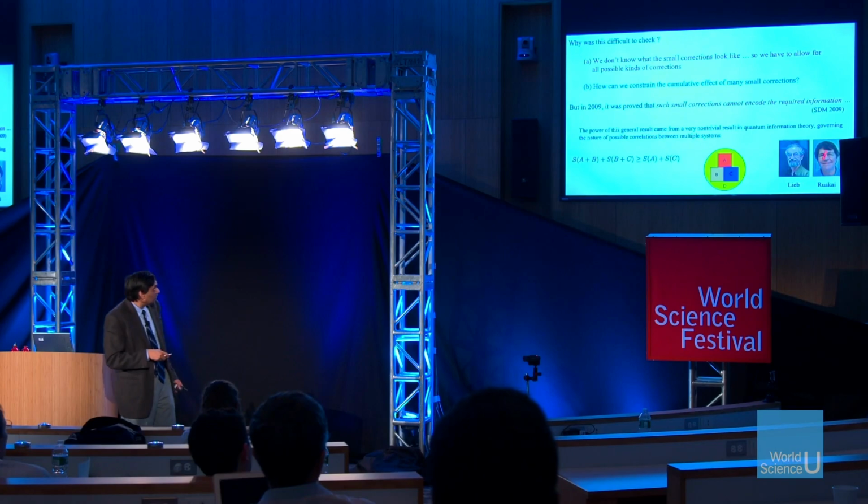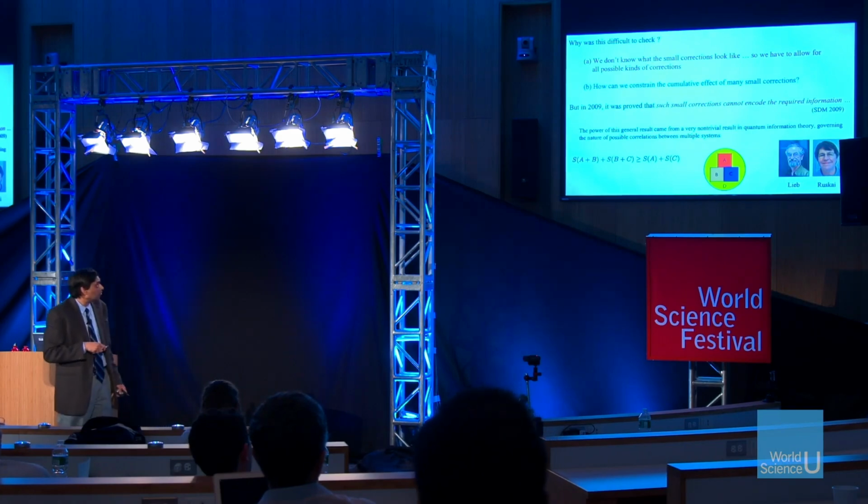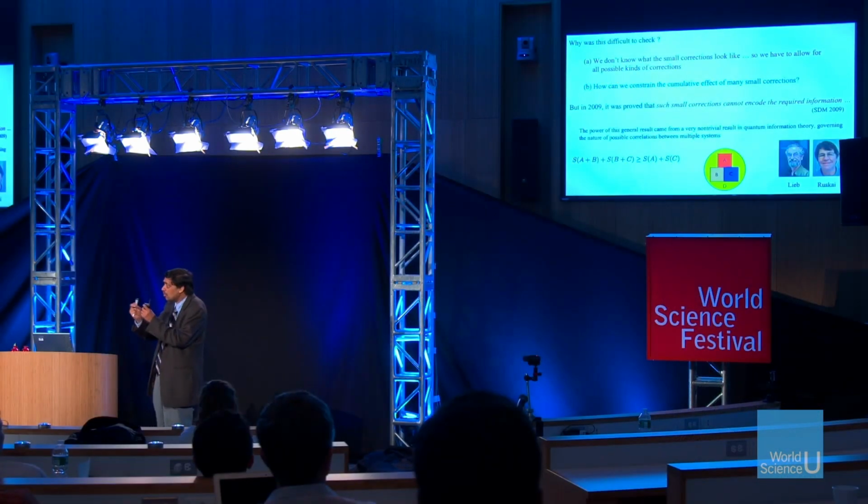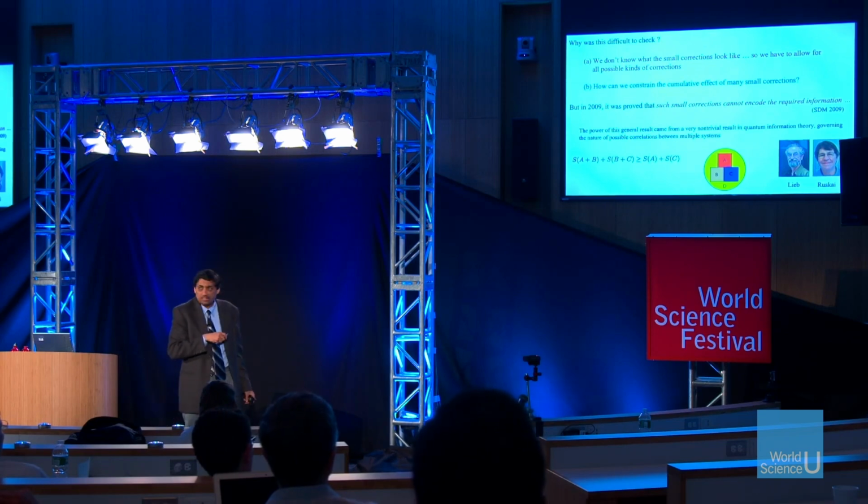So it turned out that there's a very interesting theorem in quantum information theory. It's called the strong subadditivity inequality. It's by two people called Lieb and Ruskai. And this theorem actually has a lot of power, because it tells you how you actually encode information in delicate quantum correlations. There's some inequality in how much you can encode by what you can do, and that's why you can see this inequality sign. And if you had many systems, A, B, C, and D, how do the informations correlate with each other? That's contained in this theorem of quantum information theory.